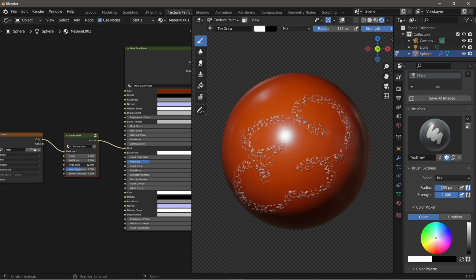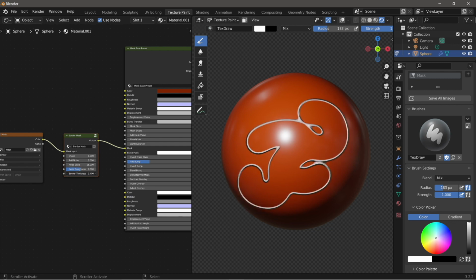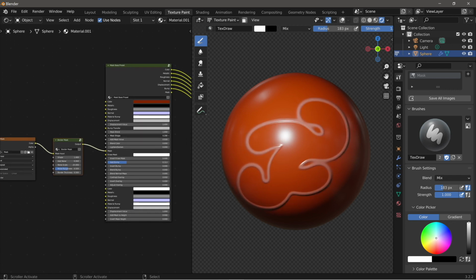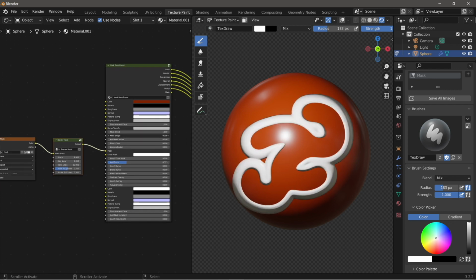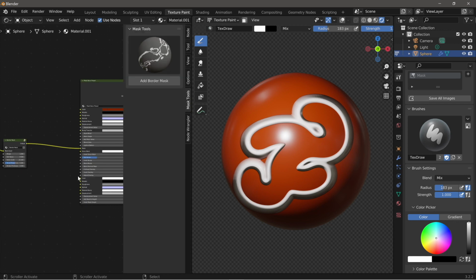You can add noise, you can change the shape. And it just now works just as a distortion filter, so it can be very useful and easy to use. And just as an additional side note, all of these distortion filters and the distortion filters combined with border masks can actually work together. So just to show a quick example, we'll move these nodes out